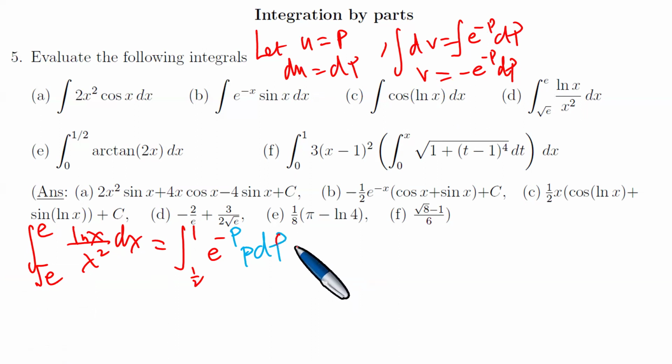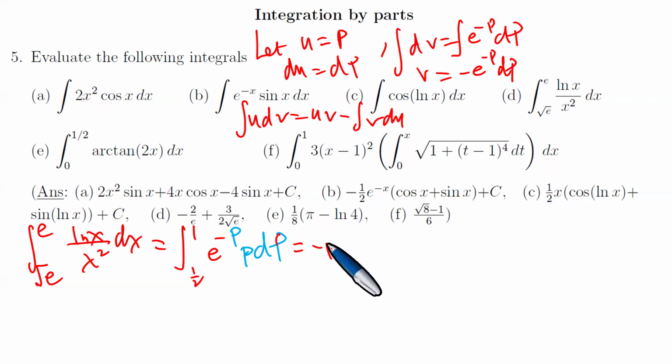So what you're getting here by integration by parts: the integration by parts formula is that the integral of u dv equals uv minus the integral of v du. U, p, v is this one. So this is uv, it's minus p e to the minus p, minus the integral of v, and v is this one, and then du, which is dp. So it's minus e to the that